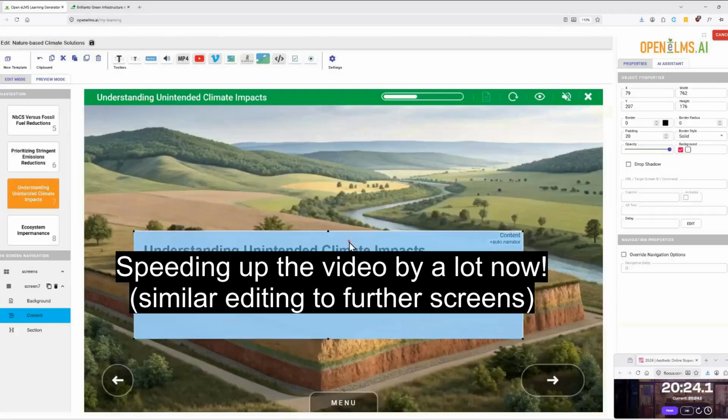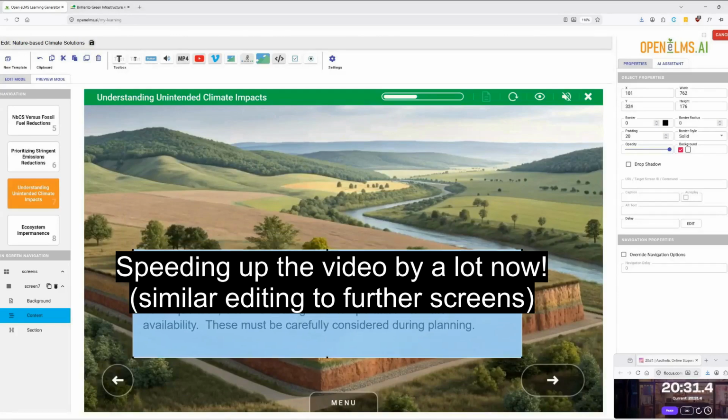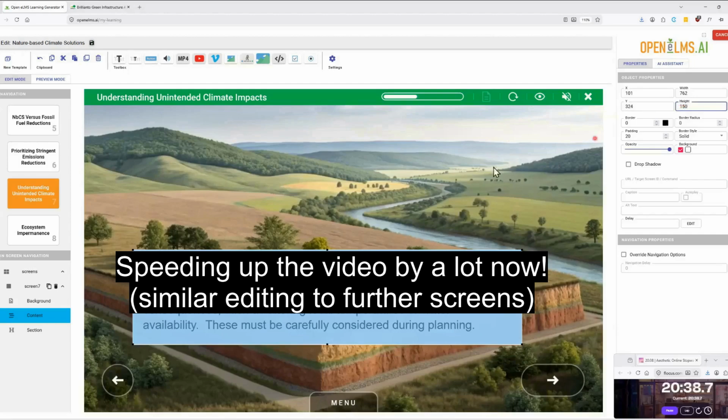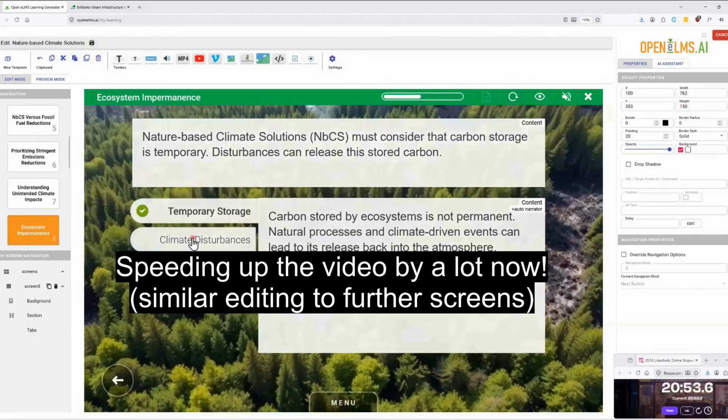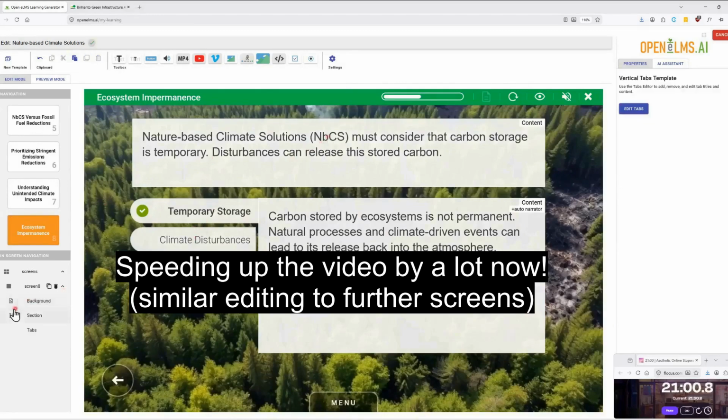Okay. It's a bit of an odd image here. I'm going to show a little more of the top of the image, which is very nice. I'm going to reduce the box height so I can see even more of the background image. Okay, moving on. This is a slide that's got several tabs, so I need to check through all the tabs to make sure this is all right. Now I need to make sure I can edit this as well. Actually, the text is good, so maybe I'll just leave that as it is and move on